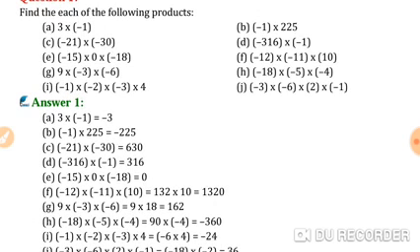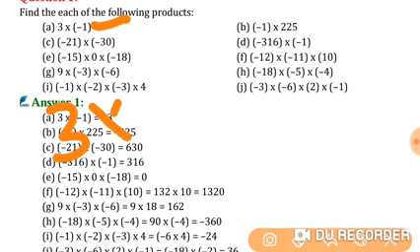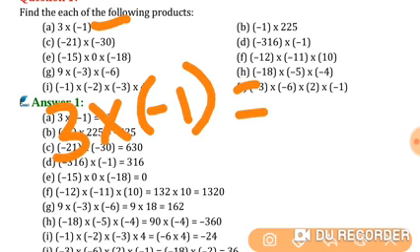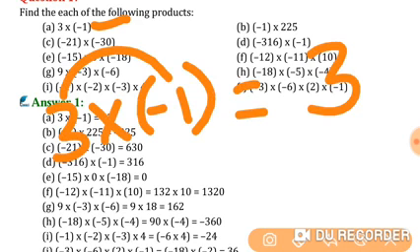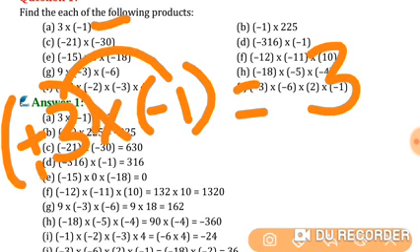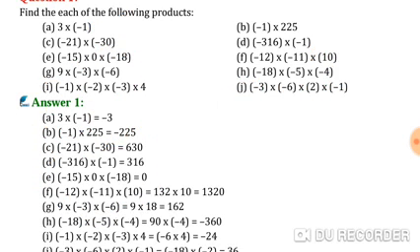Question number A, 3 into minus 1. See, multiplication I have explained in the multiplication and division of integers, just multiply the numbers. So what is it? 3 into minus 1. First multiply the numerals. 3 into 1 is 3. 3 doesn't have any sign, which means it is plus. Now multiply the signs. Plus into minus is minus. So the answer is minus 3 here. Clear? In the same way,